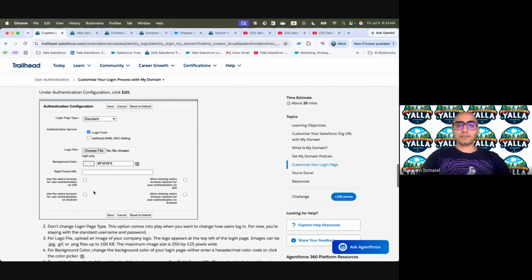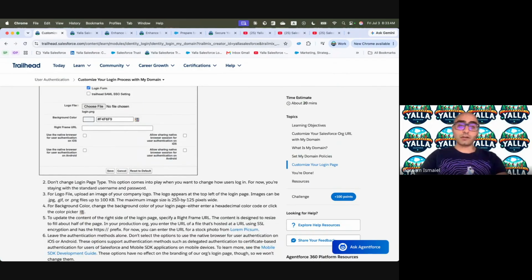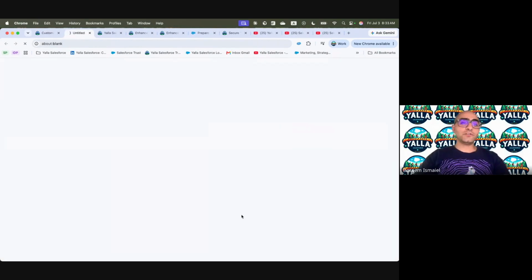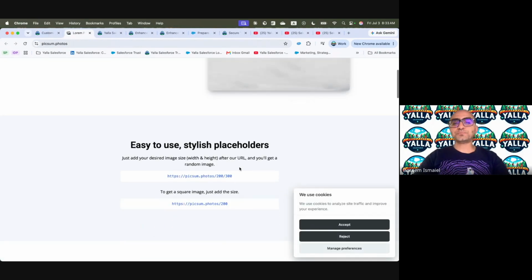We discussed this part where we can change the colors and so on, and there are specs for this specific image. We can't have any picture. It has to be within 250 by 125 pixels. So that's why you will find my logo is small, saying service provider and so on. And we can use this URL to play with the right-hand side. We need a URL in order to put it in this right-hand side.